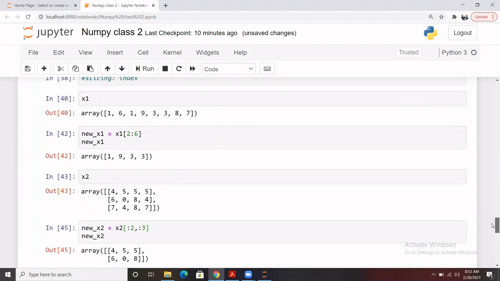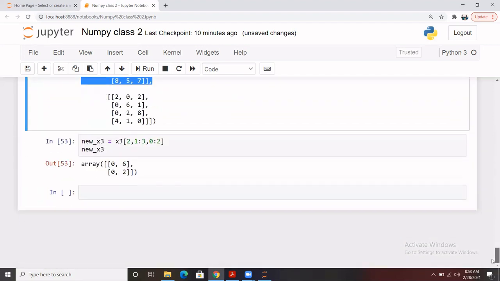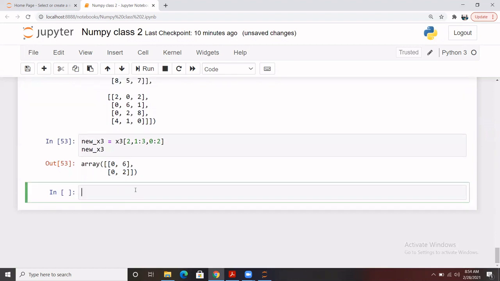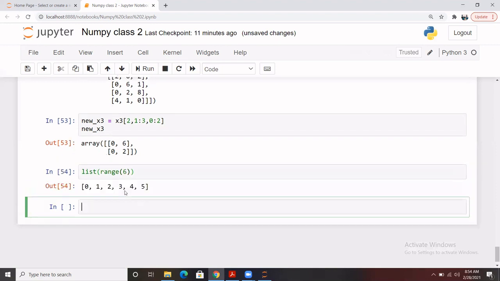Now let's move to a different topic, which is reshaping of any array. So to do reshaping, we have a predefined function here in NumPy, arange. Arange basically is, you can say, the array range. Let's say you remember in core Python we used to have a function range. In case we need to generate a particular list or a sequence, we used to write like this, and we used to write a list function to store that value. So that output we used to display something like this.